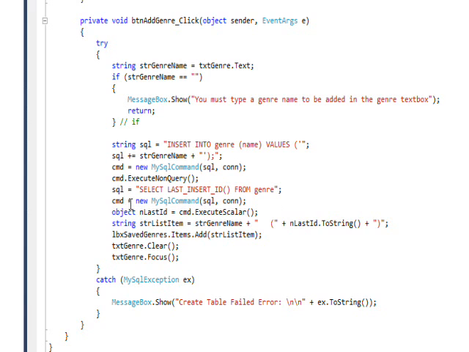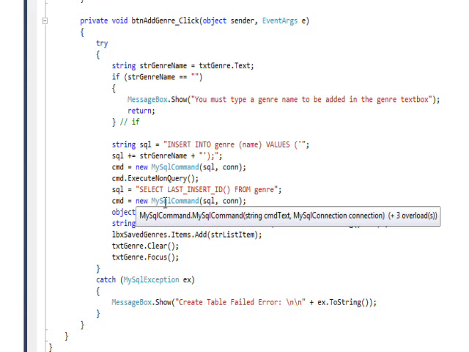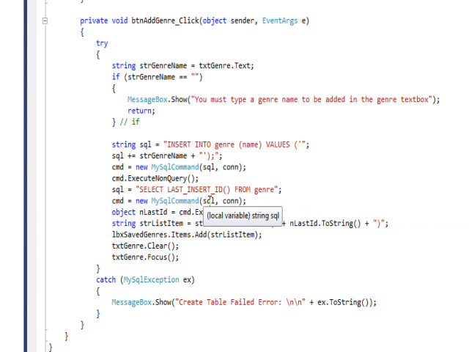And then we instantiate the MySqlCommand again using this new SQL and the same connection. And this time do an ExecuteScalar, since we're going to get one value back, which is the number that got last inserted. So that goes into an object variable called nLastID,